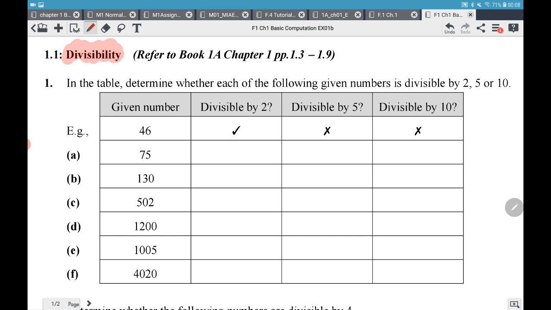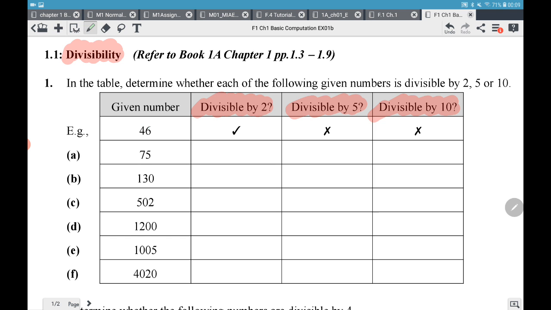So first of all, we look at question 1. For question 1, we need to check a number. Is it divisible? Oh, sorry, I made a mistake. Use another pen. We are going to check a number: is it divisible by 2, by 5, or by 10? The method to check the divisibility of those three numbers is to check for the